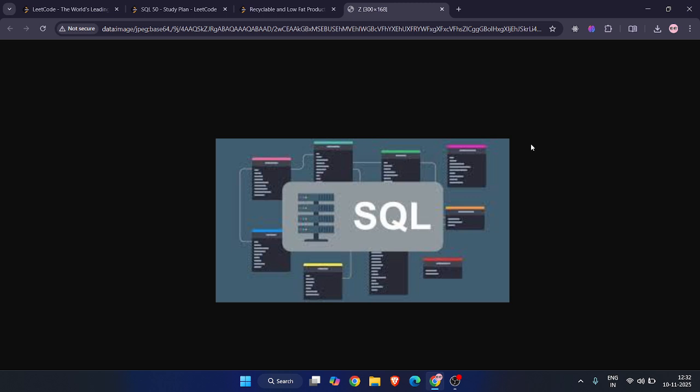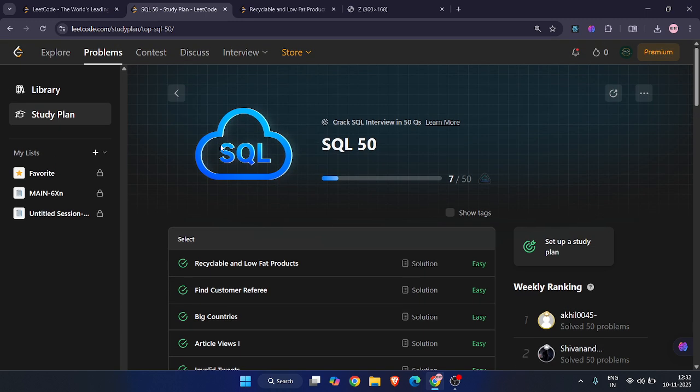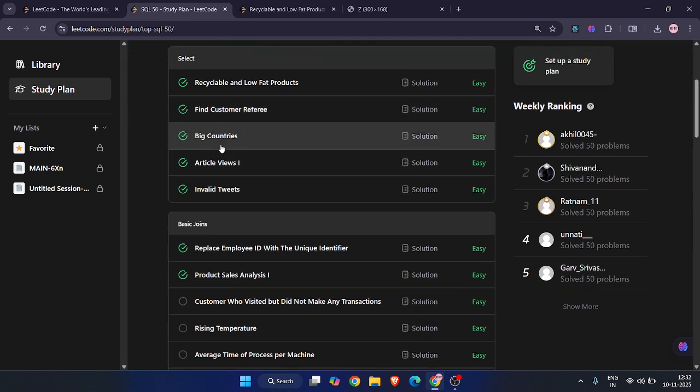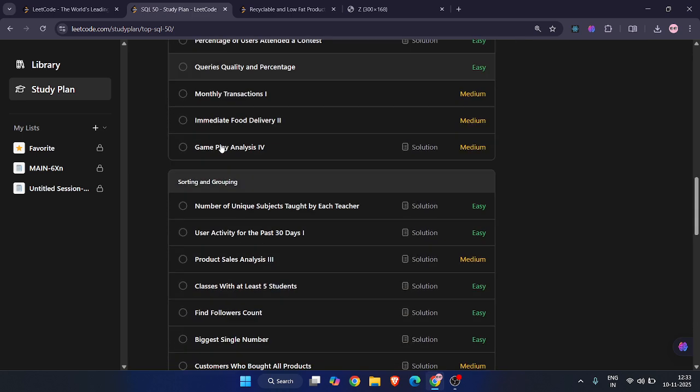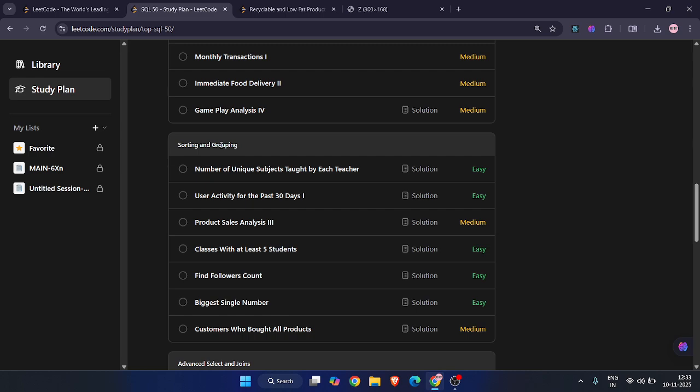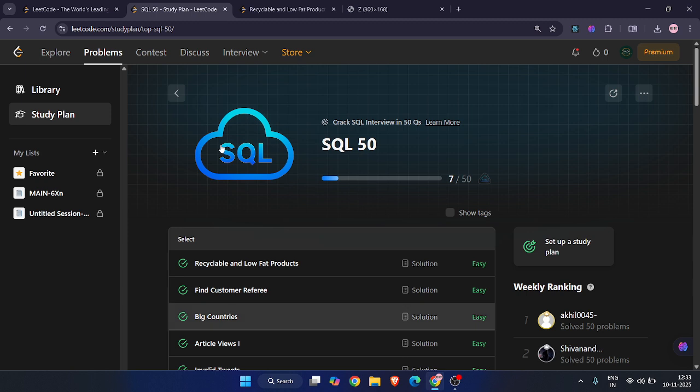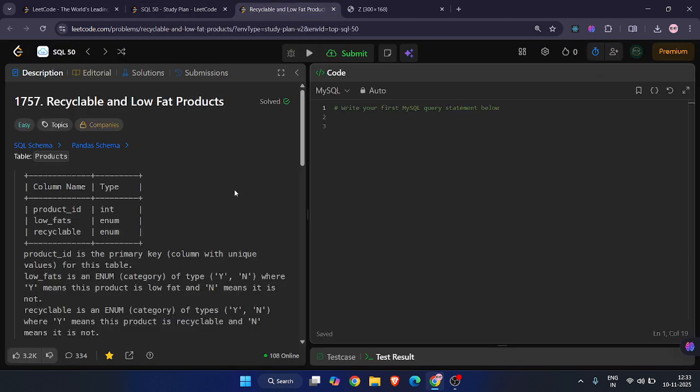So I realized something. The best way to learn something deeply is by teaching it. So that's exactly what this playlist is all about. Learning together, revising our SQL concepts and building confidence one problem at a time. So mainly our source is this, the SQL 50. It's a gold mine that covers everything from simple select queries and filtering to joins, aggregation, and even complex subqueries. So without wasting time, let's dive right in and solve our very first question, which is Recyclable